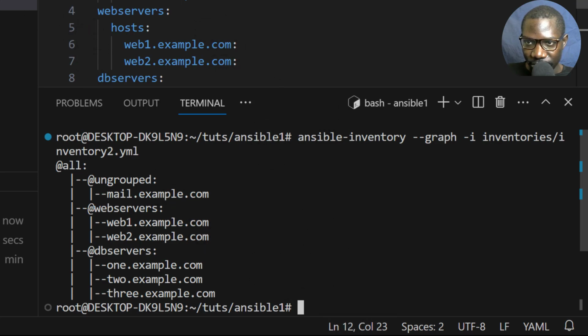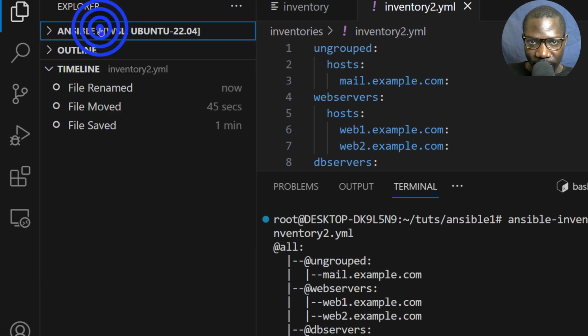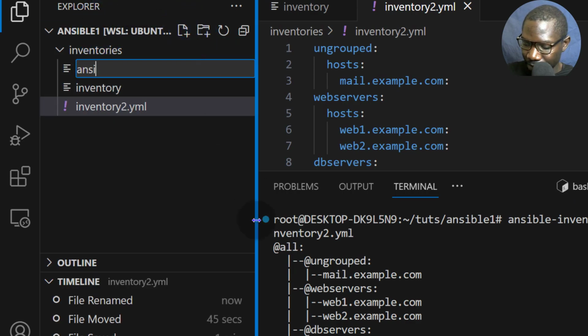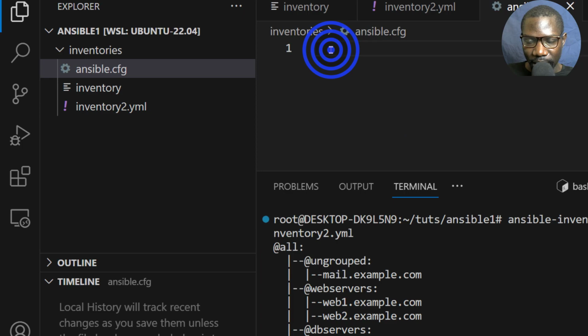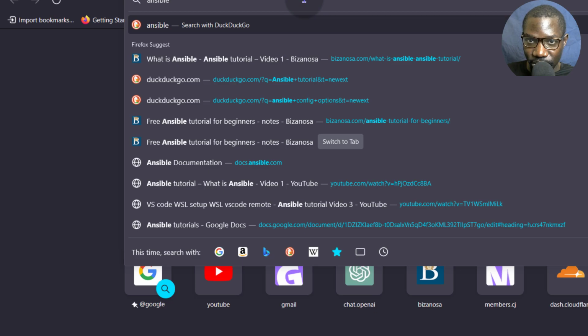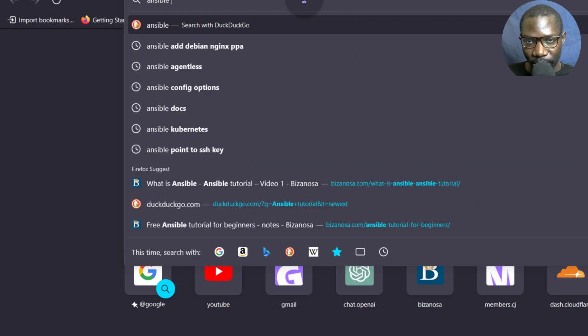So let's say we want to define an inventory source so that you don't have to go through this step all the time of adding -i. In the root directory, you can add what is called ansible.cfg, and you want to define hosts. So sometimes you don't know what you're doing. So you go to Ansible documentation. So just get used to using the documentation to get what you're looking for, because it has everything you want to do. You'll always find the answer in the documentation. Most of the times, that is.